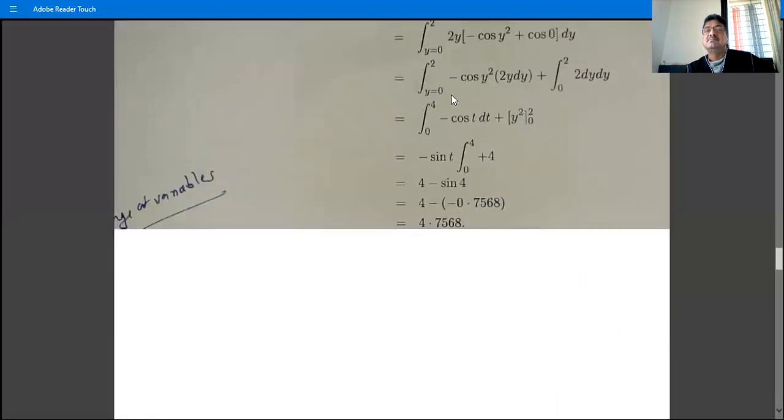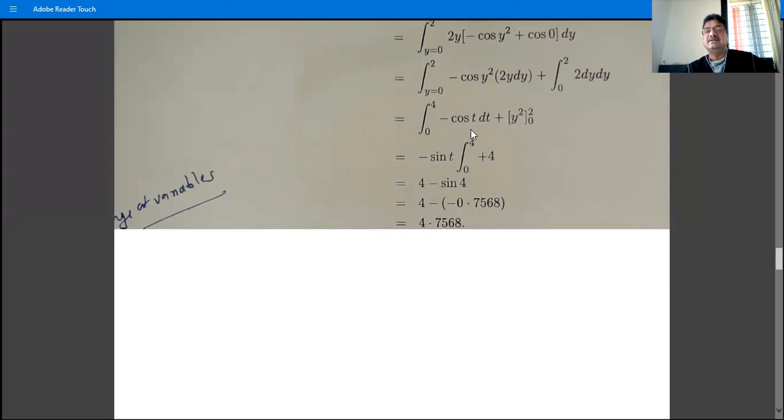substitute y square as t, and then 2y dy is dt, and therefore minus cos t dt. And if you substitute y square as t, then if y is 0, then t is also 0, but if y is 2, then t is y square, therefore 2 square is 4. So the limits are 0 to 4 of minus cos t dt, limits 0 to 2 replaced by 0 to 4, and